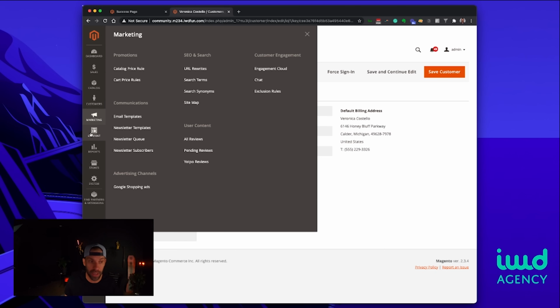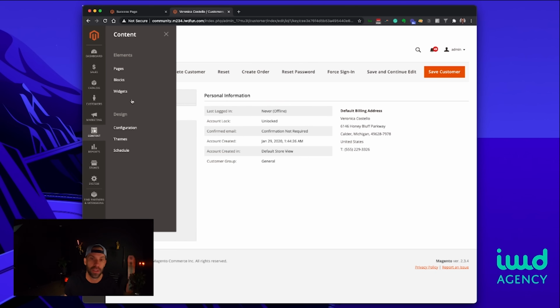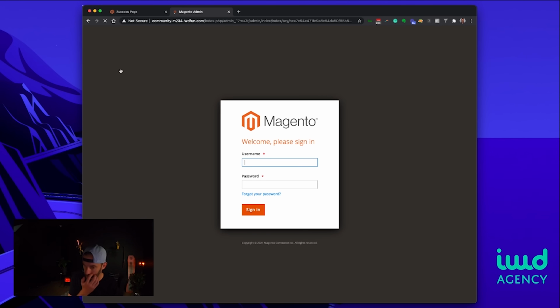Okay, so let's jump into the next area, the content area. So this is where we're going to manage the content on your site outside of products. So any pages, homepage, about us page, terms and conditions, and your basic templates and designs. So pages is going to be your about us page, your home page. If you click into here, you're going to see a basic